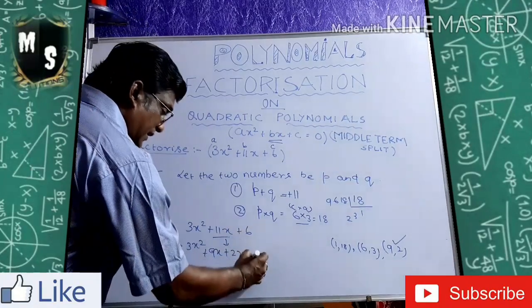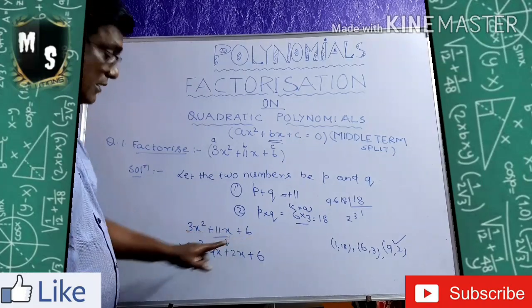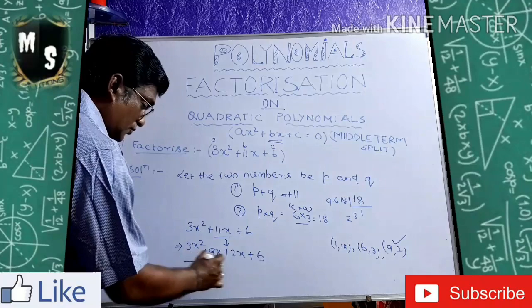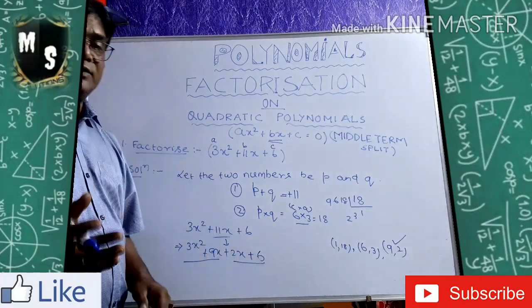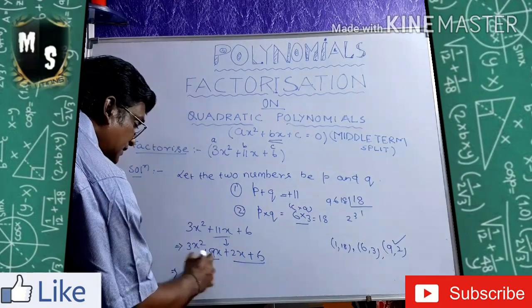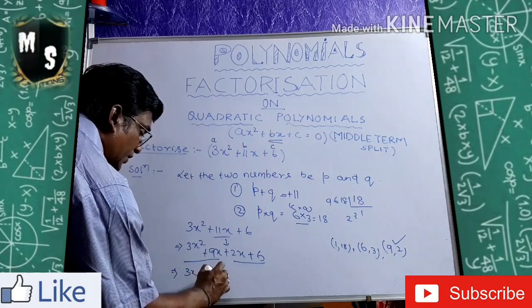Then plus 6 was there. So now you see 1, 2, 3, these 3 terms are there. Now it became 1, 2, 3, 4, 4 terms. Then from these two, and then these two, you try to take the common. What is the common between these two? 3x is common. Then what is remaining? x plus 3.